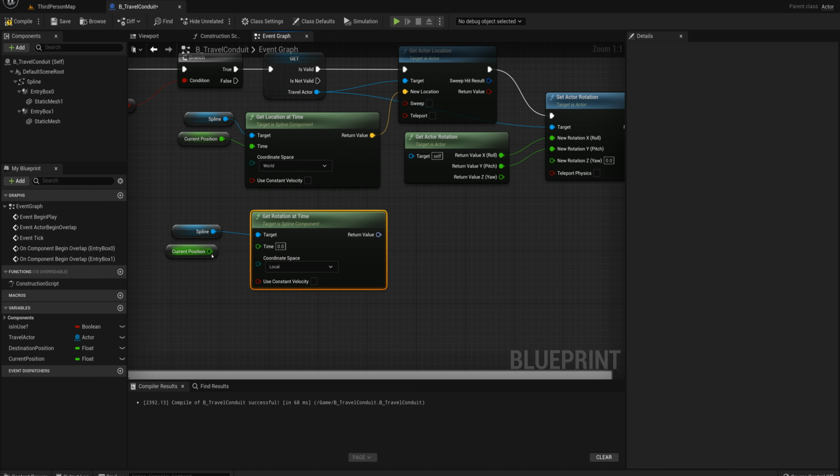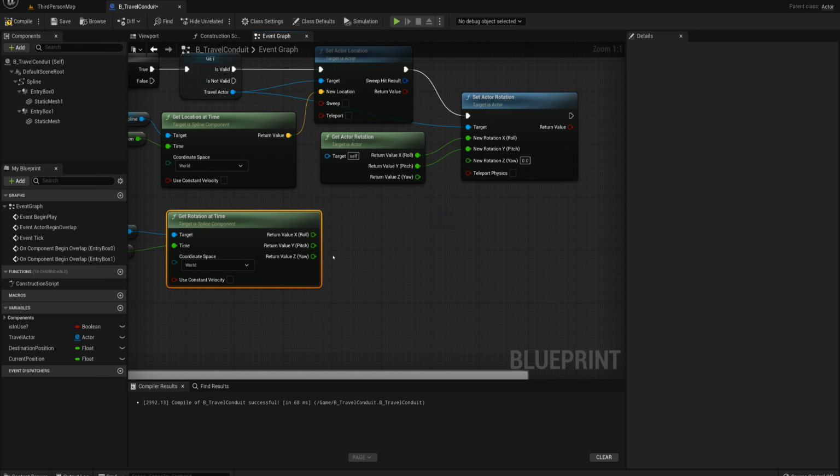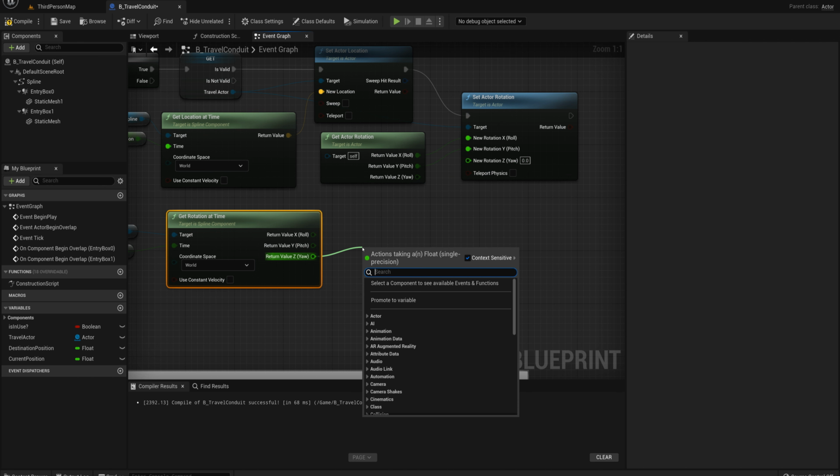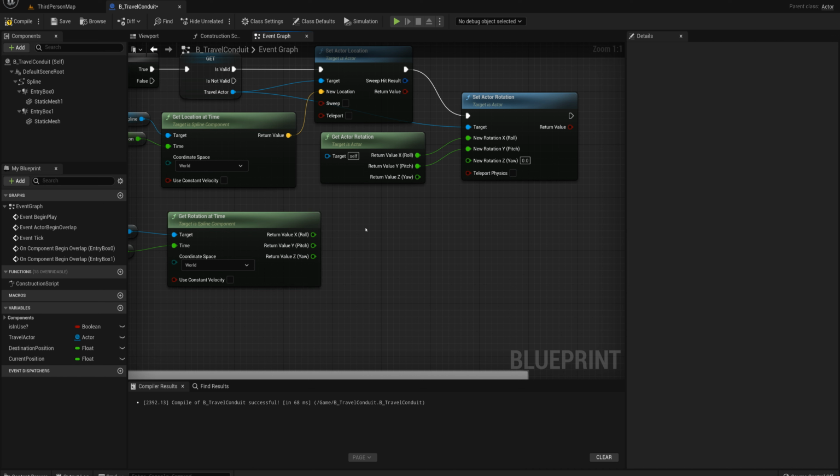And I'll plug in the current position to the time here, get the world space coordinates, and we'll split the pin here, and I could get the return value for the yaw and plug it in here. And that would work fine, but I'm not going to plug it in directly because I want to make sure that we're going to face the correct way for which direction we're going through the conduit. So if we're going through the reverse way, we need to spin 180 from the actual rotation of the spline. So what I'll do here is say plus, and we'll add 180,